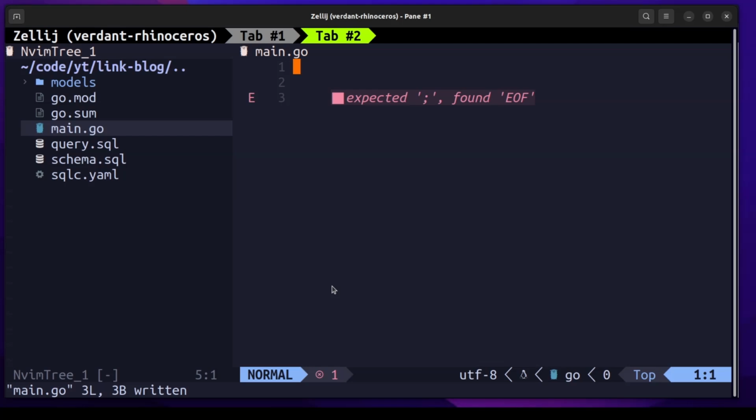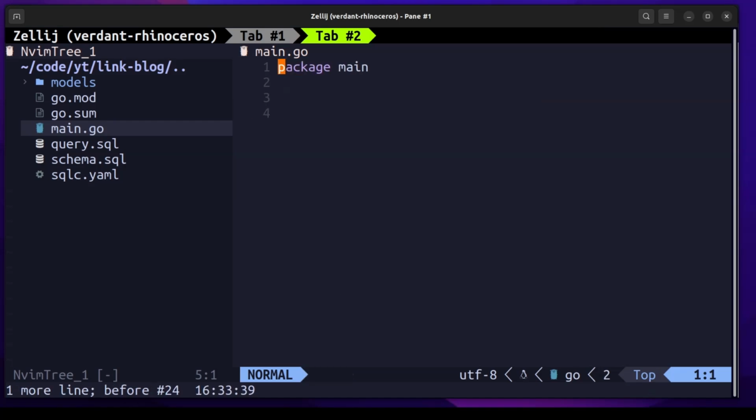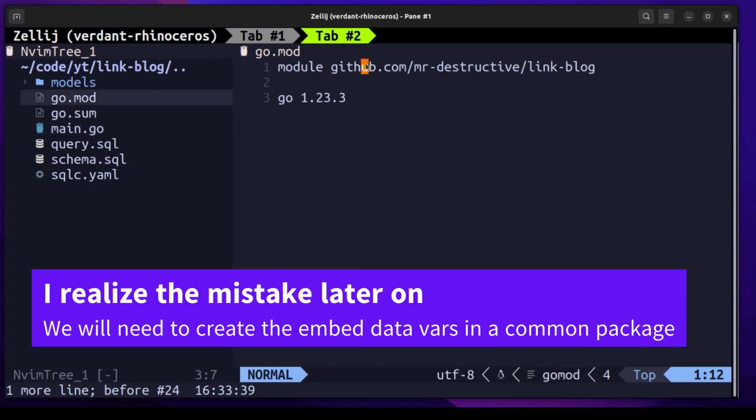So I'll create a package main. If I call it the module, this will be the name of the module. And if I want to import a few things, then I can just use package main for importing all the necessary things. So I'll